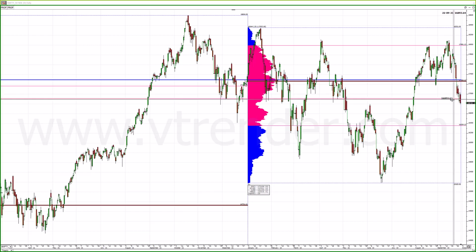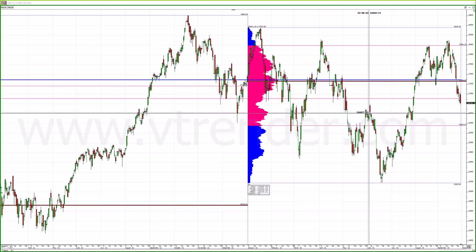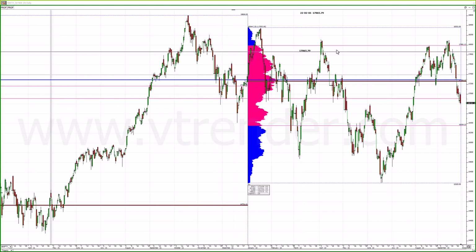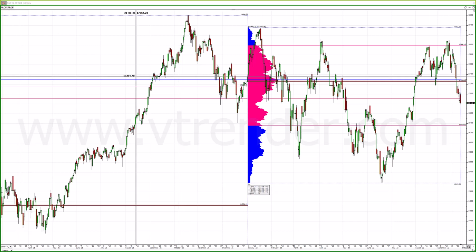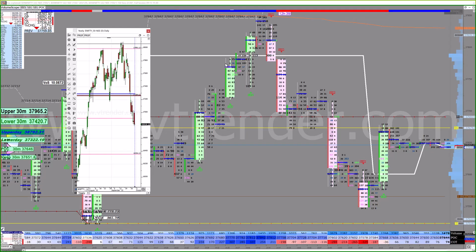Things change if this LVN breaks down, 16,800. If this breaks down and we go into this lower zone, this lower activity, then it needs a review. If we go into this lower zone, it needs a review. The other reason I want to be focused on 16,800 right now is because it has the VWAP of that rise from 15,200 odd levels, right? That is the adjusted VWAP of those lows of 15,100, that is coming to that level around